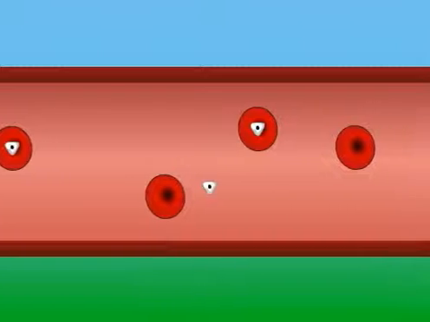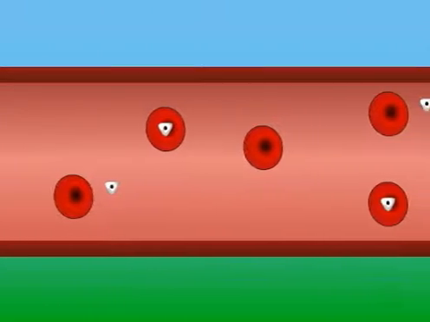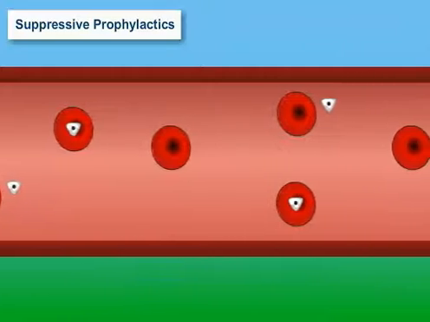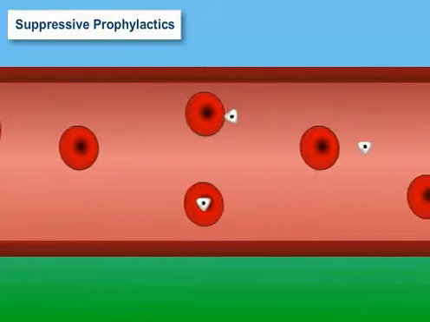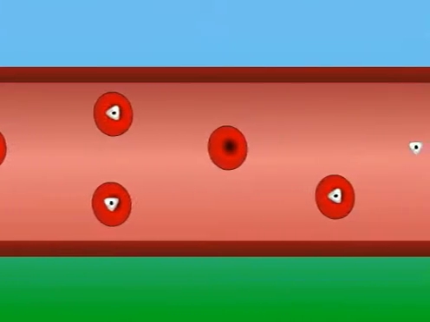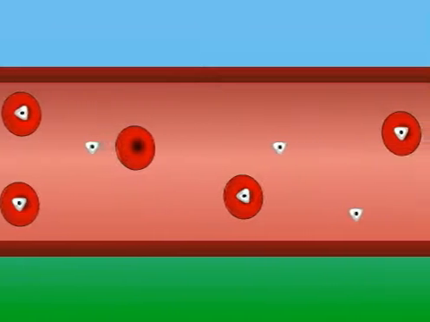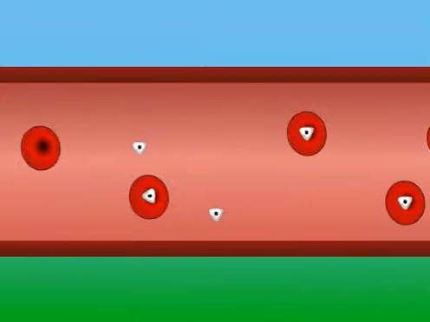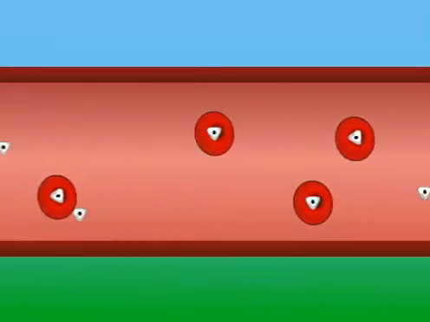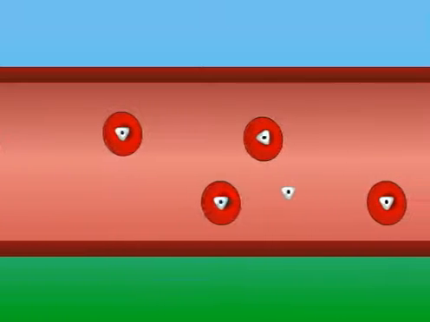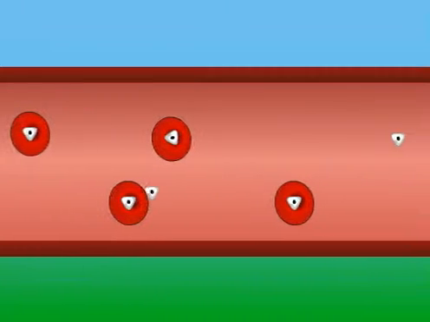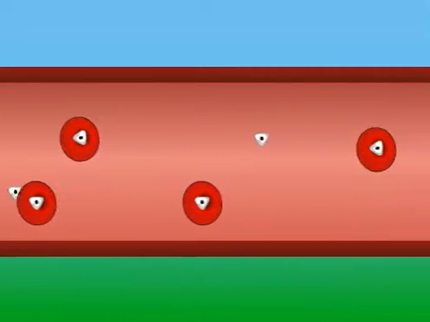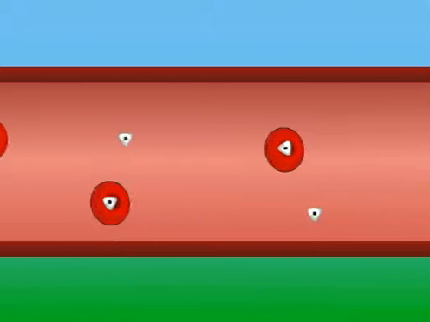Antimalarial drugs that are directed against the red blood cell stage of the malaria parasite are known as suppressive prophylactics. Mefloquine, chloroquine, and doxycycline are examples of suppressive prophylactics and destroy the parasite once it has been released into the blood. Proguanil is another suppressive prophylactic, though it also has some causal prophylactic activity.